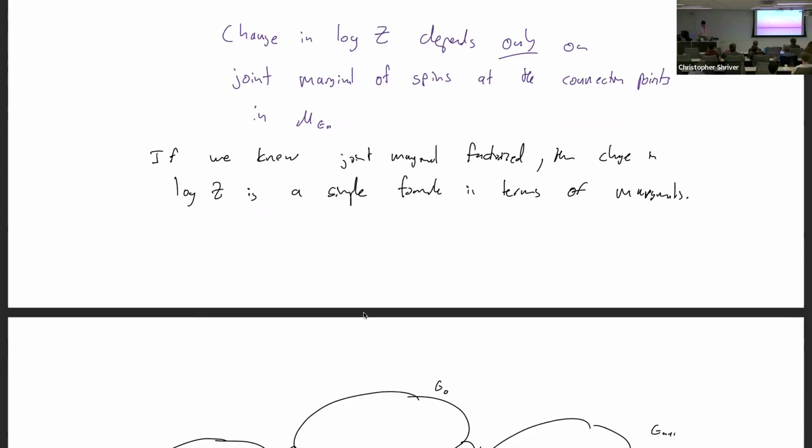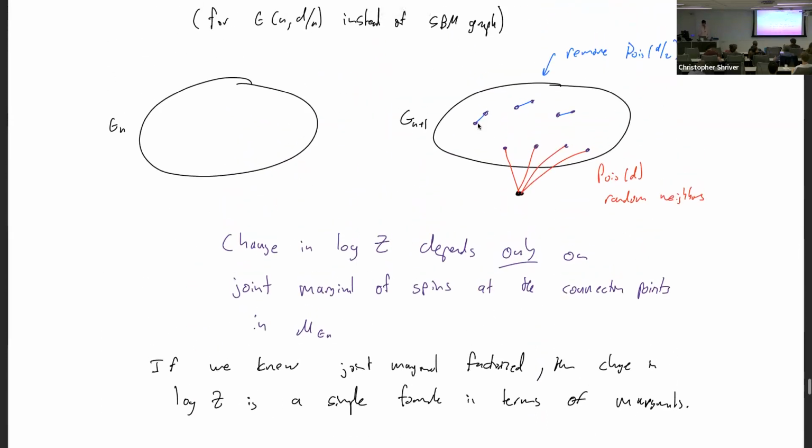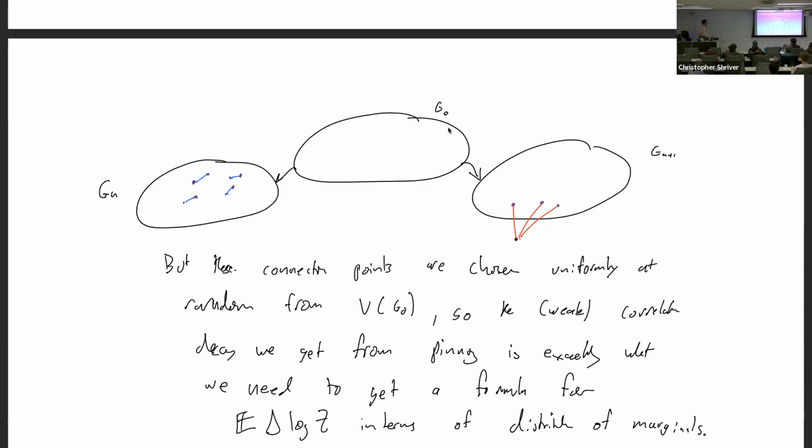Okay. Now it's a little bit strange because you're picking random edges to remove, and that's kind of not nice. So what I'm going to do is make the coupling a little bit different. I'm going to start from this graph G0 that has a few too few edges, and I'm going to make Gn by adding Poisson d over 2 edges, and I'm going to make Gn plus 1 by doing the connection. Then of course the change in log partition function is just the sum or subtraction, however you like, of these two changes.